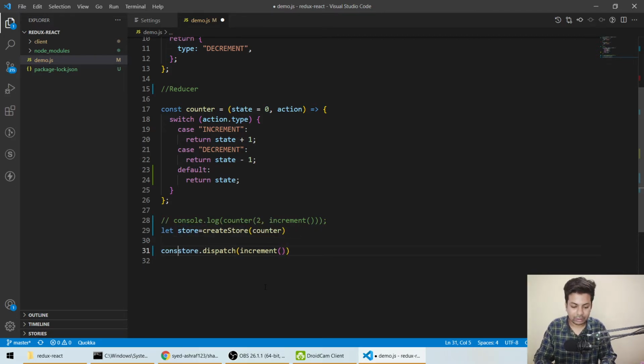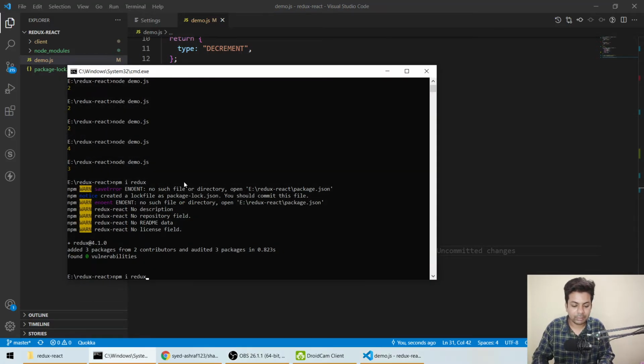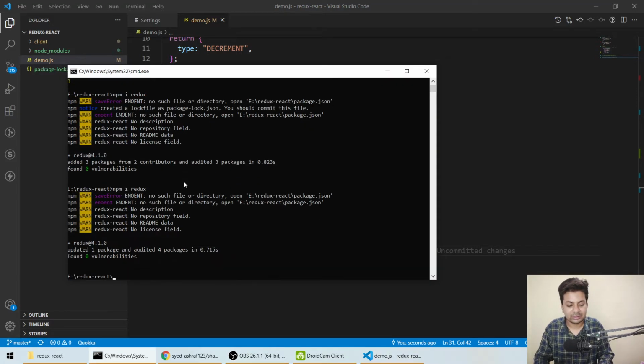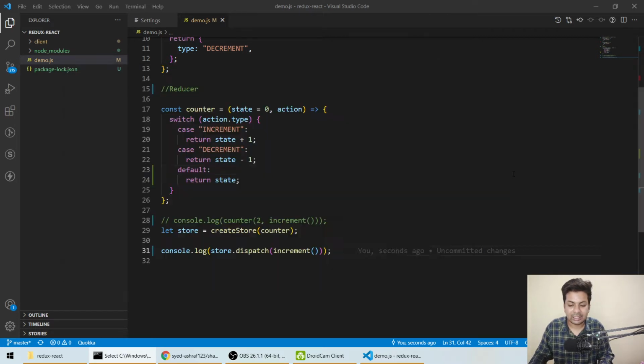Now if we console it, console.log, now just save it and run it. It should give two, oh, okay, yeah. So see, it's returning type increment, because we are consoling it, not getting the data.